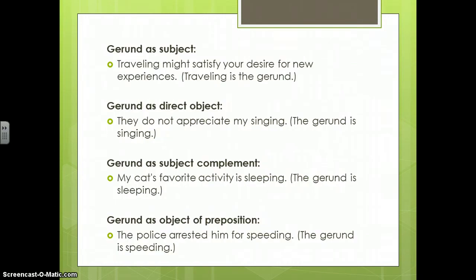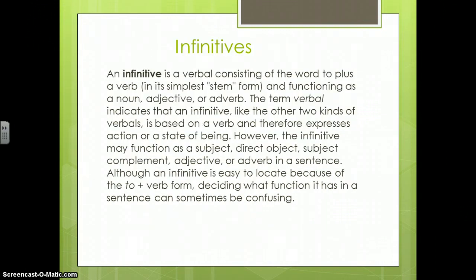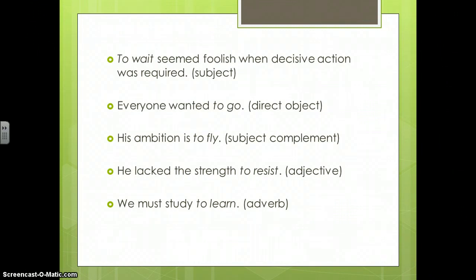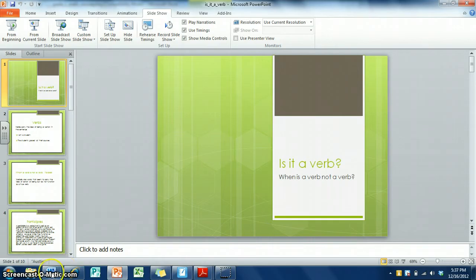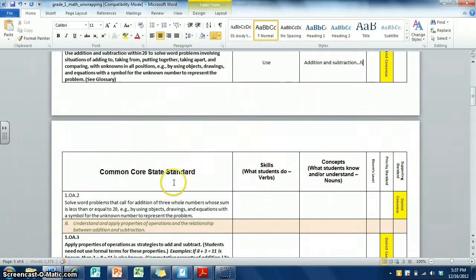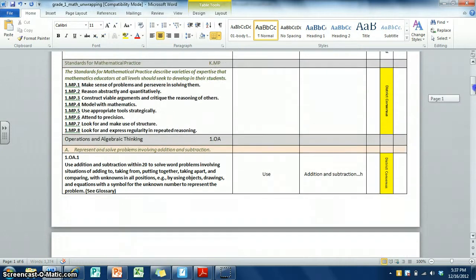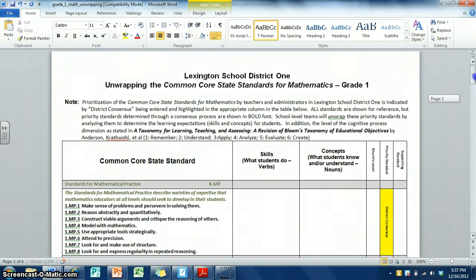Gerunds. Here's some more examples. Infinitives, to wait, to go, they're preceded by the word to. And those are all things that we're going to be able to look at as we look at unwrapping the math standards. The next document that you will go to is the Common Core, Unwrapping the Common Core State Standards